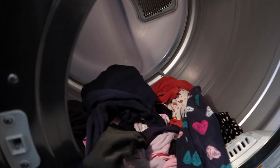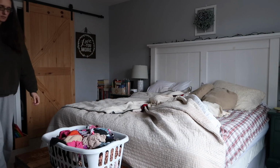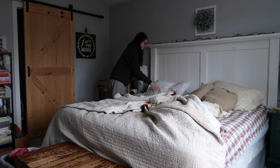So if we finish our morning time fairly early, then the kids will usually head into the schoolroom and start on some of their independent work. On this particular morning though, because we were spending a little more time doing our memory verse cards, it was pretty much break time. So the kids are currently on their break, and this is when I'll head upstairs, and as you saw,